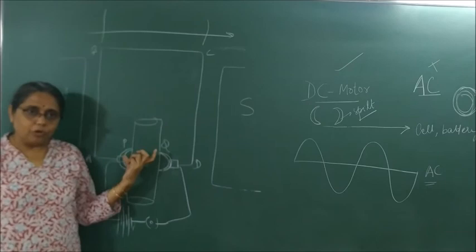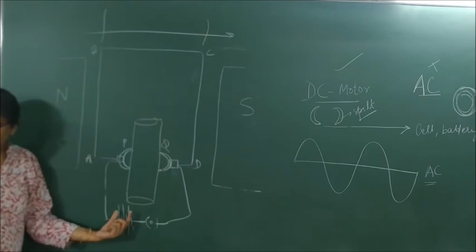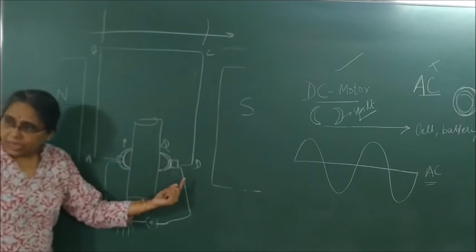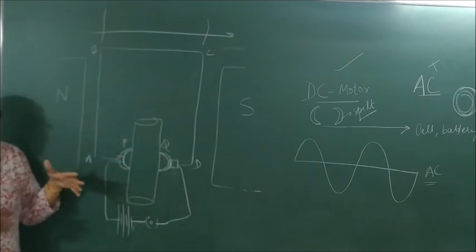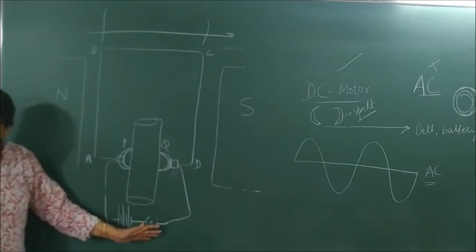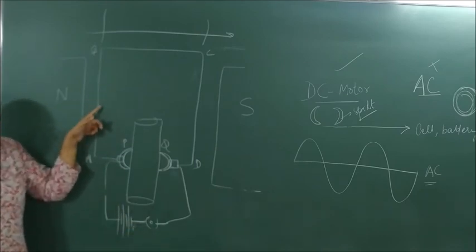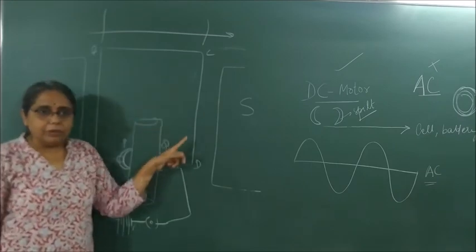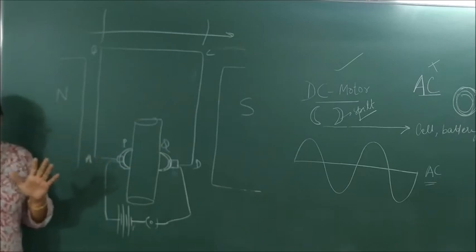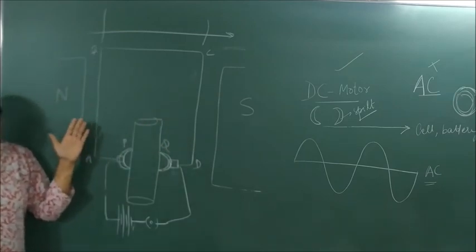The two ends of the coil are then connected to two split rings P and Q which are mounted on an axle. The external edges are connected to two carbon brushes X and Y, which allow the passage of current, and are then connected to a cell or a battery using a plug key. When I switch on the current, the arm AB has a current moving in the upward direction and the arm CD has a current moving in the downward direction. Applying Fleming's left-hand rule, the arm CD moves up and the arm AB goes down.